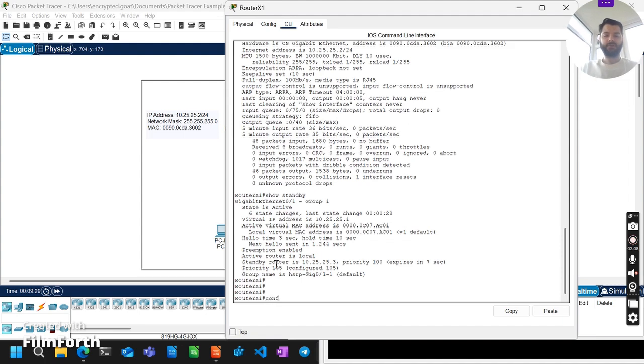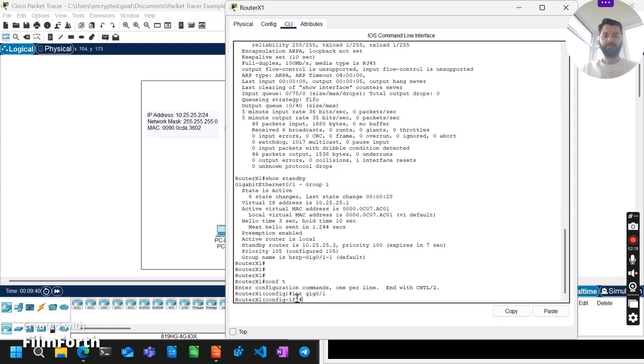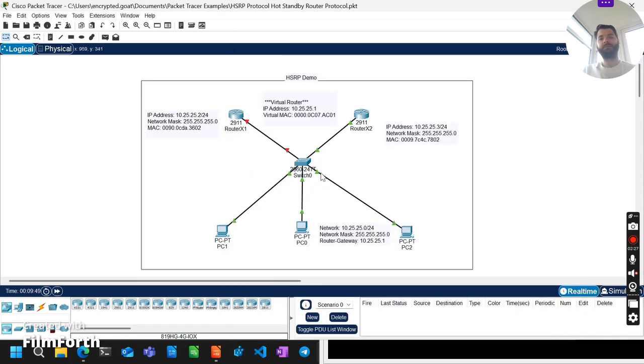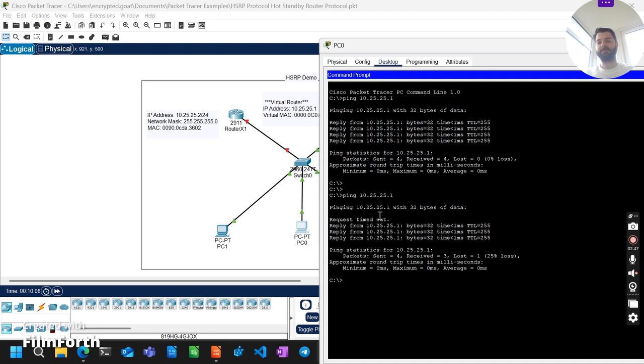So to do that, I just need to go into privileged mode and then select the interface. So for the interface gig 0/1, I'm just going to say shutdown. And basically, in theory, if we didn't have HSRP set up, the client would go to that router and it would lose connection. But because of this virtual address, we should still be able to ping 10.25.25.1. It'll have a first timeout, which is when it's rediscovered it, and then we get the successful replies back,